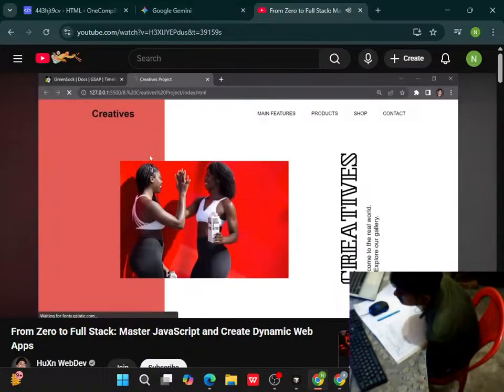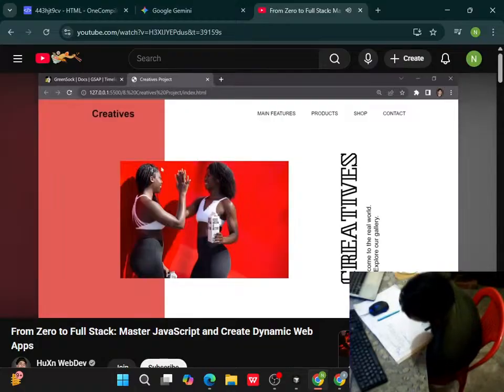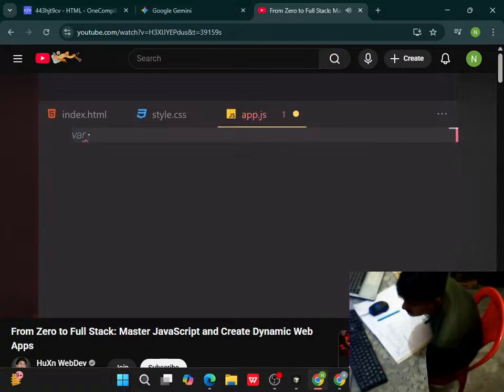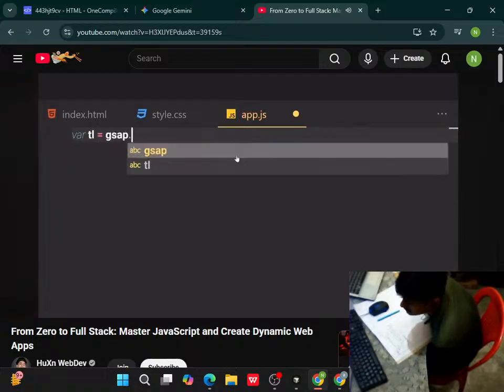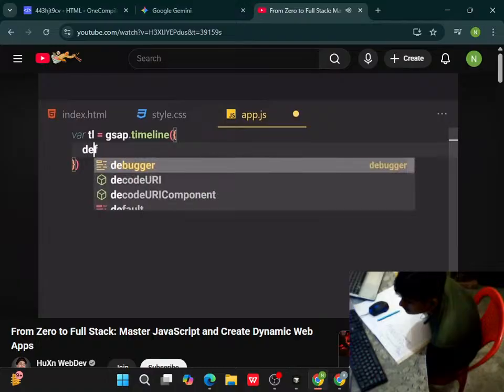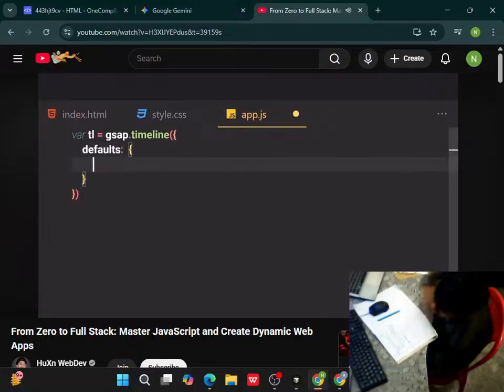But the final thing which we have to do is provide our animations to it. So what we have to do is go to our JavaScript file and provide our animations to it. So what do we want to do? Well, we want to declare our variable and store our timeline inside there. So we want to write timeline, and now let me provide my words object, so defaults, and now let me